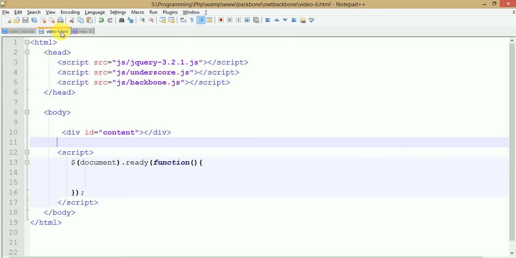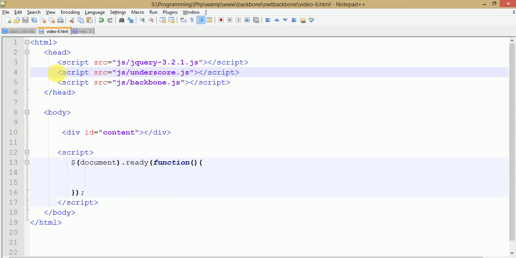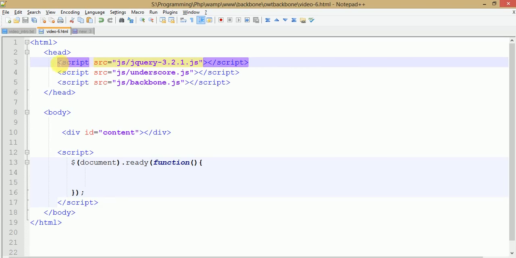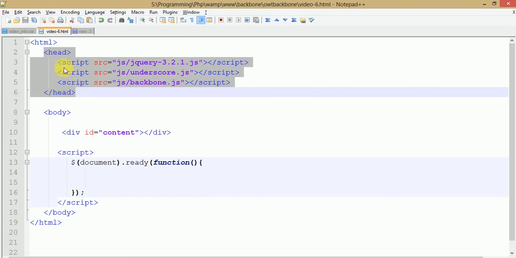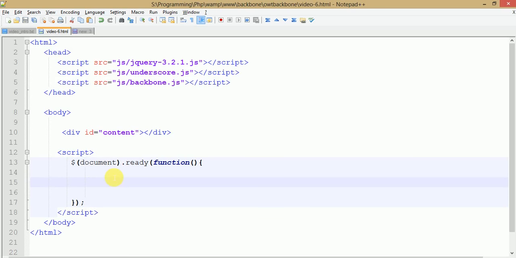So just back to our editor. This is the HTML file, guys, that I have made so far. These three files, as you know, we have to implement under the head section to run any Backbone view application. And this is the syntax of a simple jQuery file to load our DOM elements. Okay, so just to make our first view, suppose like our first view,